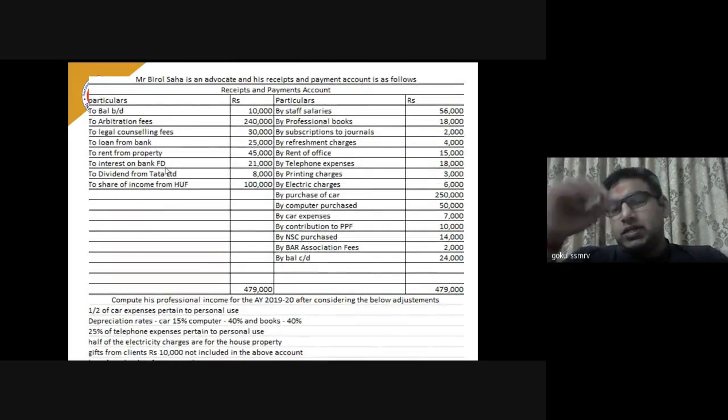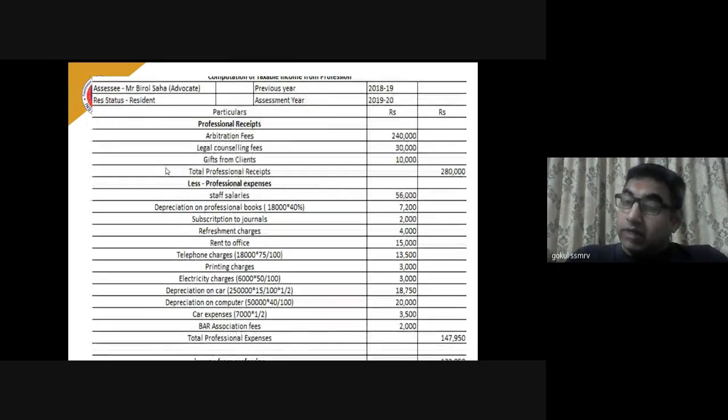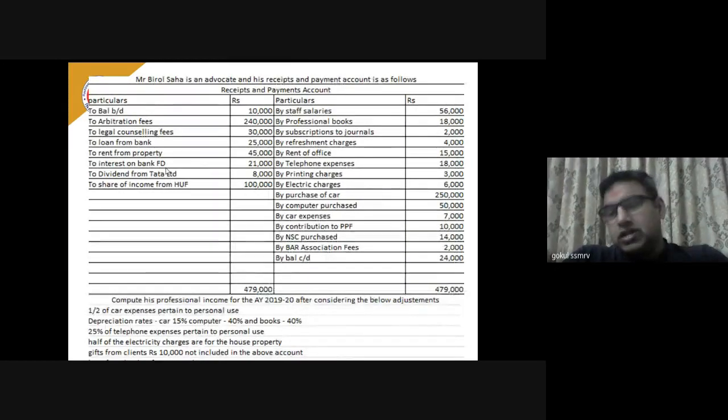receipts. Professional expenditures, staff salaries 56,000, definitely part of it, a professional expense. Professional books purchased 18,000, very clearly given. So you can consider that as a professional expense. Subscription to journals, no adjustment. Subscription to journals, definitely, we assume it to be journals relating to his profession. Refreshment charges, definitely that is again part of his business expenses, because that could be on his customers that